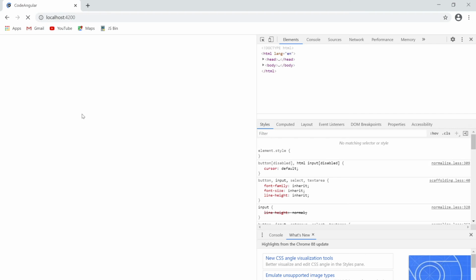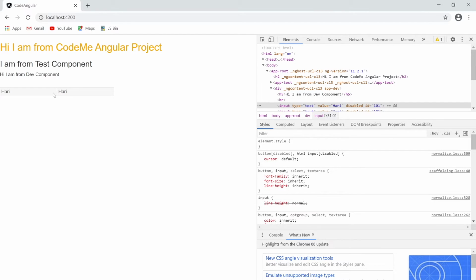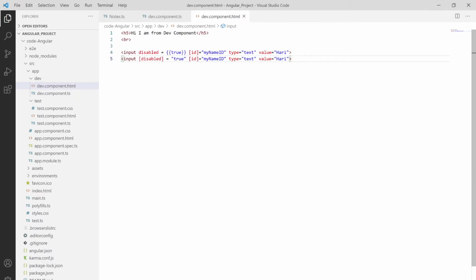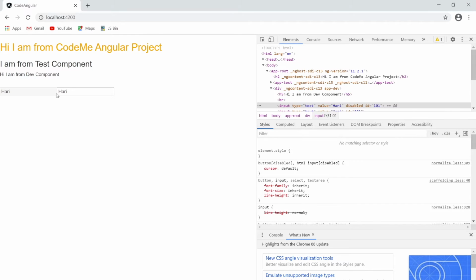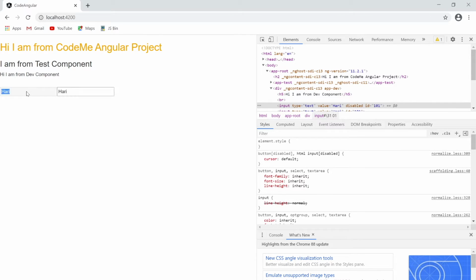As you can see, both are disabled, but if you change both the values, say I'm changing this value to false and also this one to false, and save it out, and move to the browser, you can see one is editable, one is not editable.